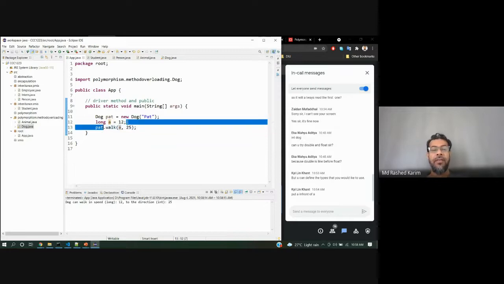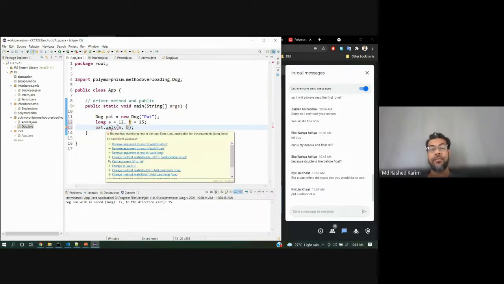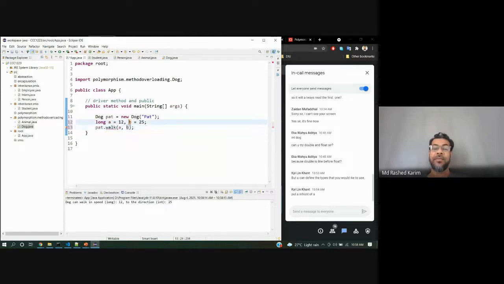But if I declare another variable like b, also long, 25. If I declare b, then what will happen? Oh no, you don't have this method. So you don't have this method. So int, you can do this.